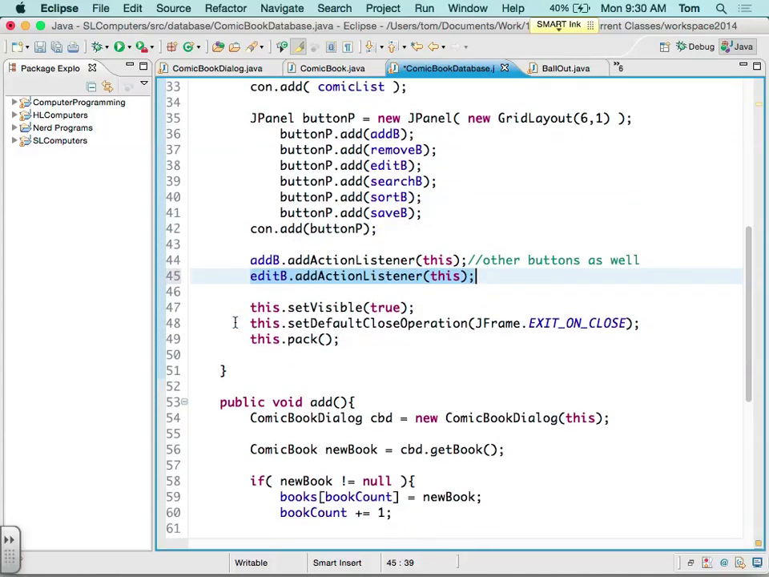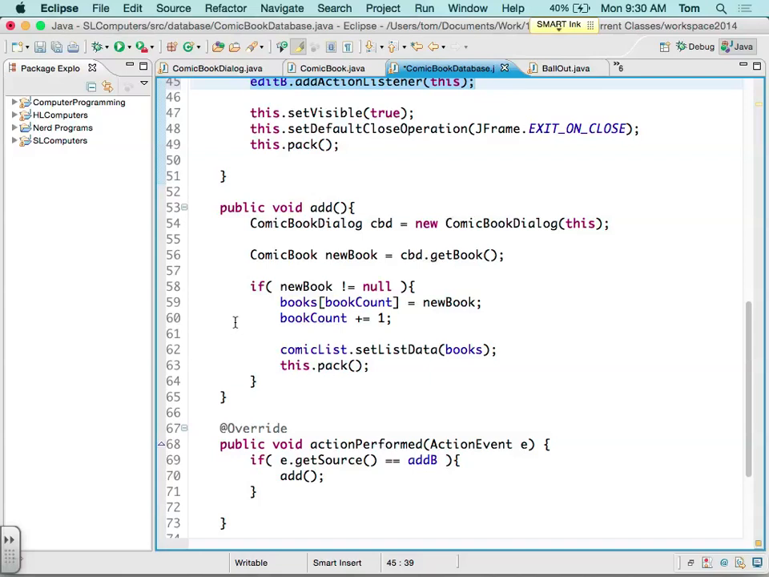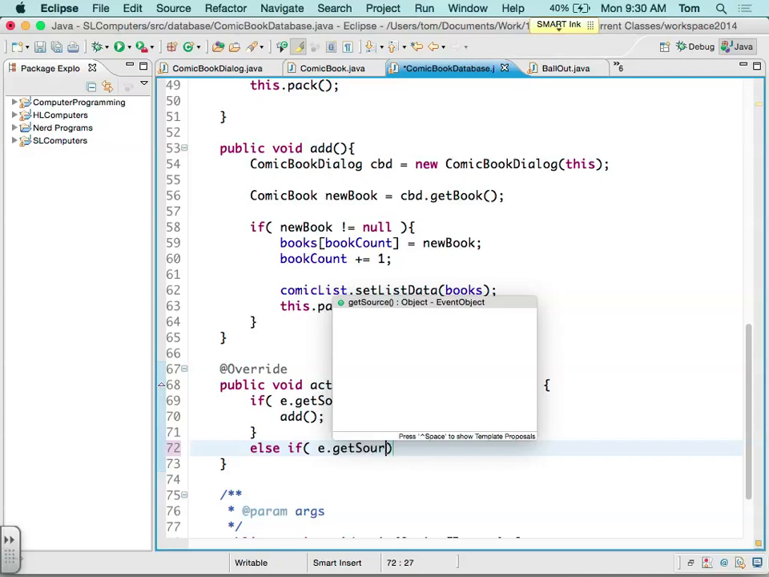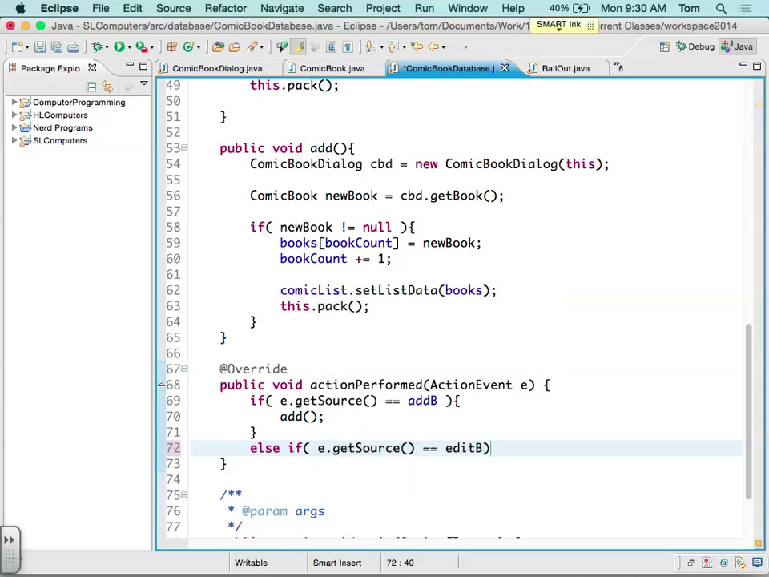Okay, so what we're going to do is continue this theme that we've established here, where we're going to say if the source of this action event was a particular button, then go to a method with that same button name. So in other words, we're going to go else if e.getSource equals the edit button, then go to the edit method, and then we'll create that method. Does that make sense? Okay. So then up here,